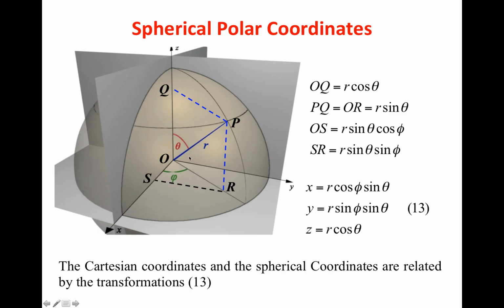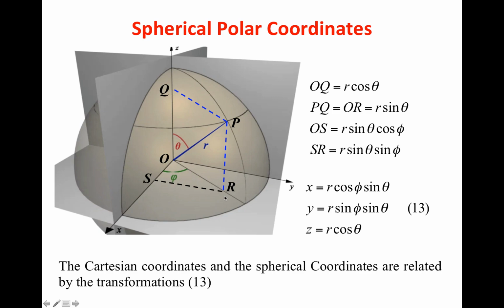Now, along with that I have another angle, which is my azimuthal angle, which I call theta, which basically tells me whether the point P is lying above my x-y plane or below my x-y plane. So, phi of course is going to vary from 0 to 360, the complete circle, while my theta basically varies from 0 to 180 degrees. So, that is how my theta varies.